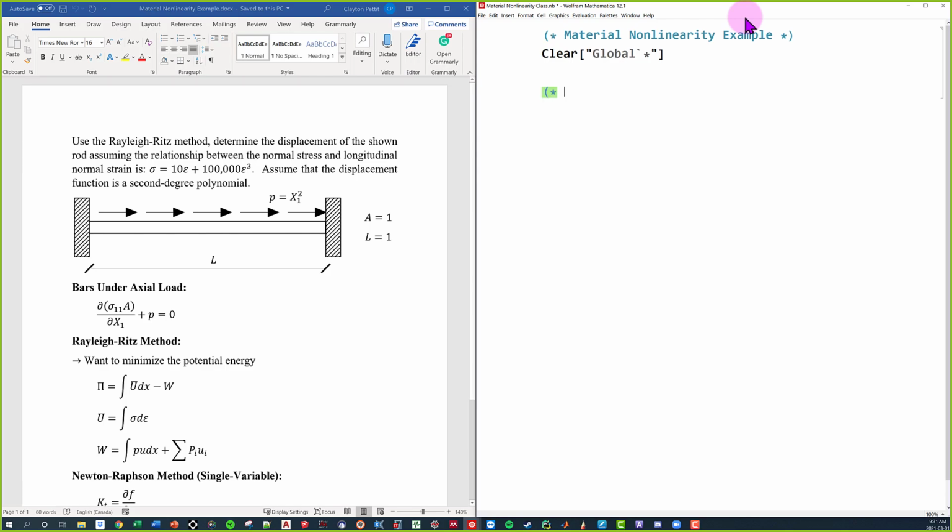What I'm going to do to start is create my parameters as I normally would. In this beam, we basically have three parameters related to the beam itself. The first one is the length of the beam, which we said is 1. We also said that the beam has a cross-sectional area of 1. And then finally, the load on the beam, P, is equal to x squared, so I'm just going to put x1 squared. Do you have any problem with where I'm getting these parameters from? I basically just took them right from the question sheet. Nothing too crazy yet.